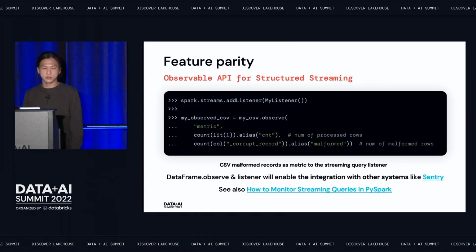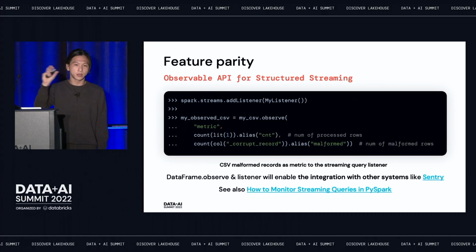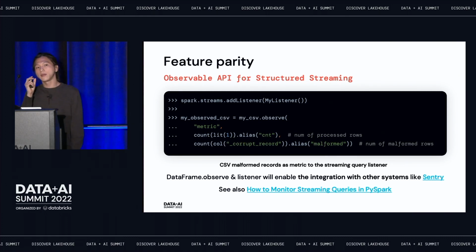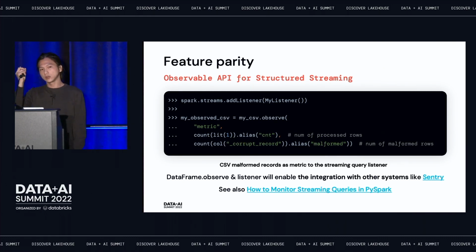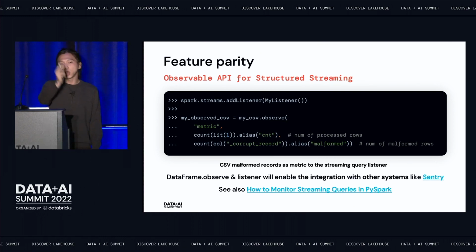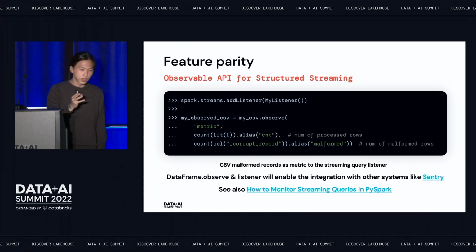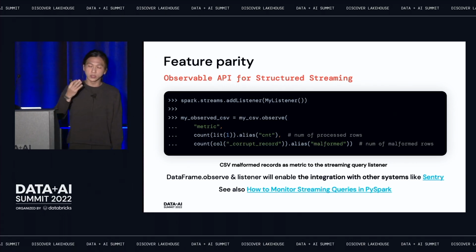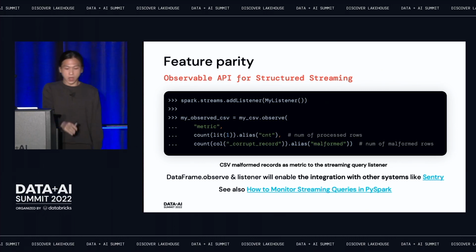This is useful, especially with the observable API. We have the observable API, which lets you add custom metrics. Together with this, you can add custom metrics, and then the streaming query listener can watch and get these metrics, and you can add logic to play with these metrics. This is one example. I'm counting the total number of rows in the CSV files, and I'm also counting the number of malformed rows.